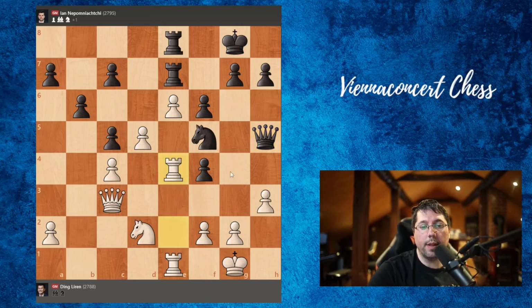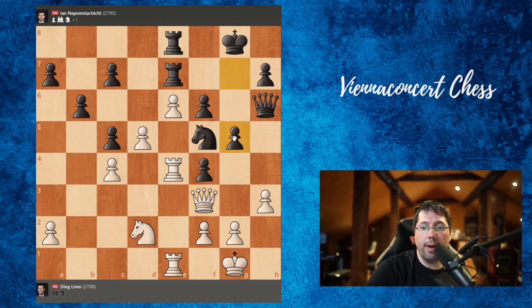Now we will attack this f4 pawn. Queen h6, so we defend the pawn. Queen to f3. Now we have strong pressure here. And here the simplest move would be just to play g5, and after g4 we can go to d6, and